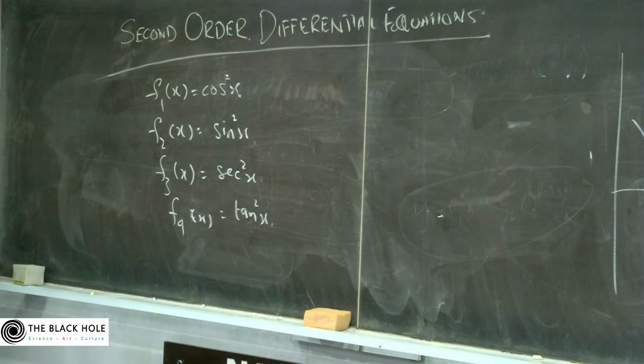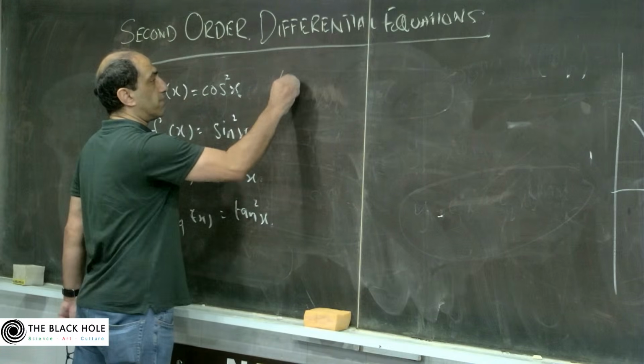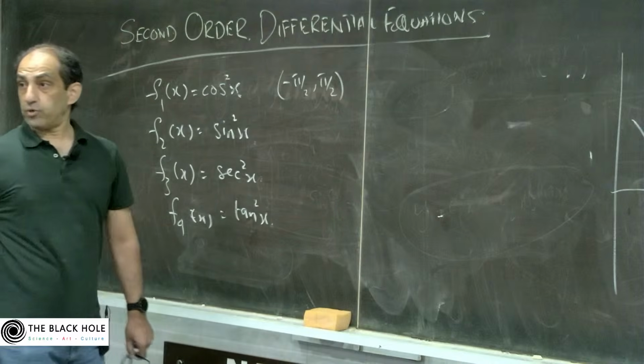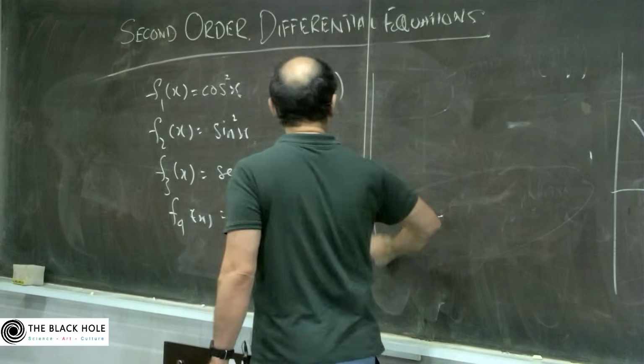And you have to prove that these are linearly dependent on the interval minus pi by 2 to pi by 2. So what it essentially means is that